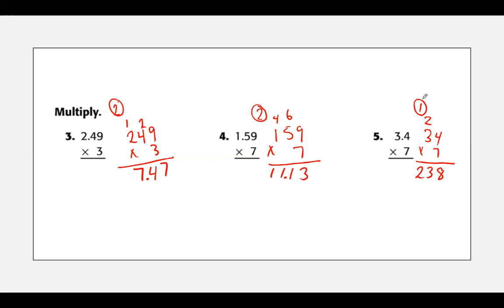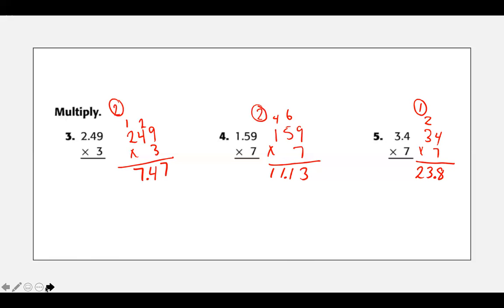Okay, now how many numbers did I have after the decimal point? I had 1. So I can put my decimal point in right here. My answer is 23 and 8 tenths. Okay,